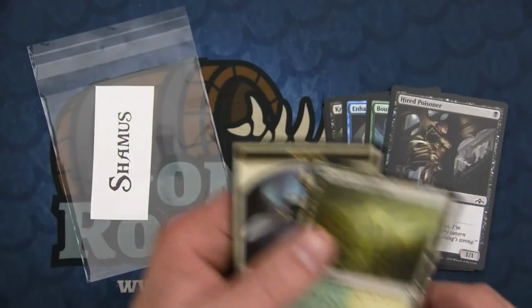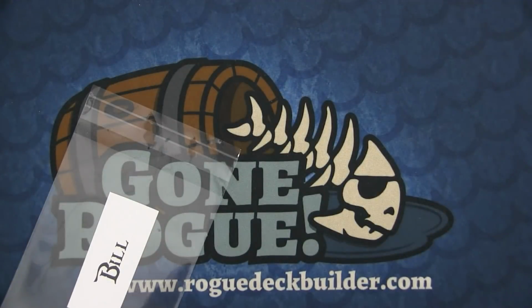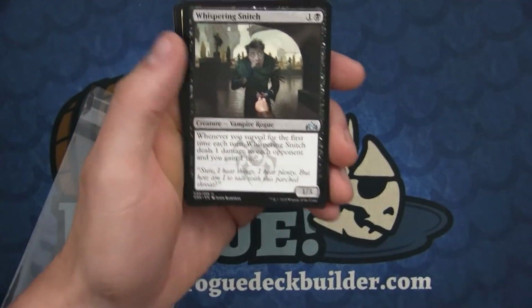Hired Poisoner as the foil. Yep. We sell so many of those 1/1 Death Touchers. At least 1/1 Death Touchers. Yep. It is the Timmy of all Timmy cards. Well, nobody will attack into you if you have a Death Touch. Their creature's going to die, so...